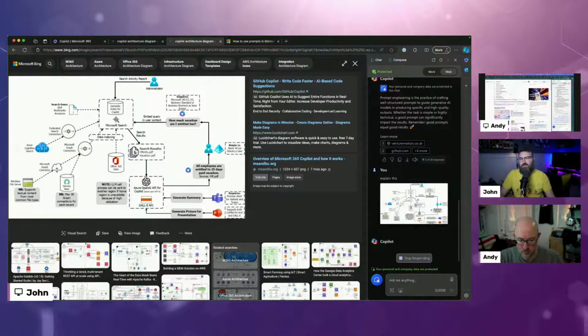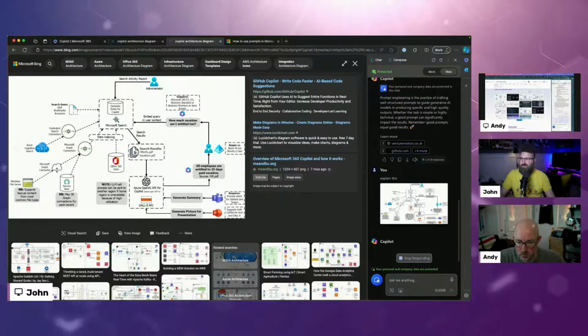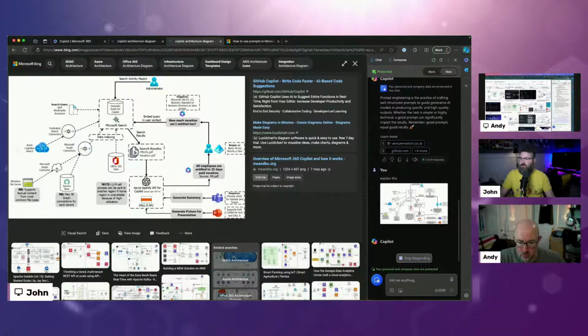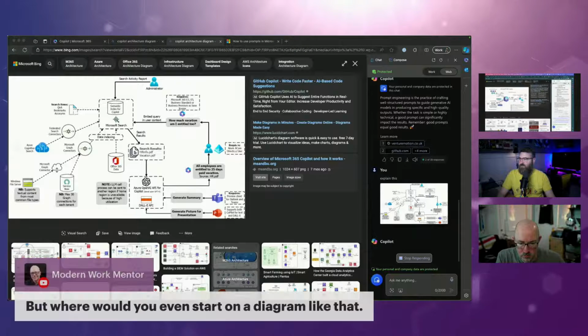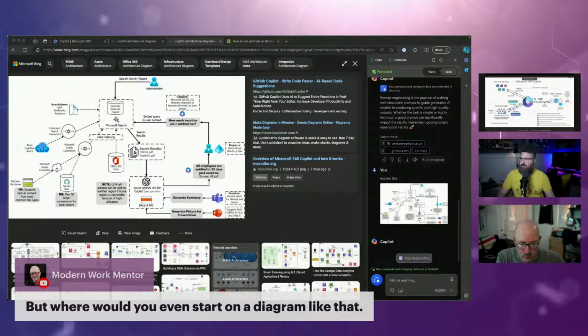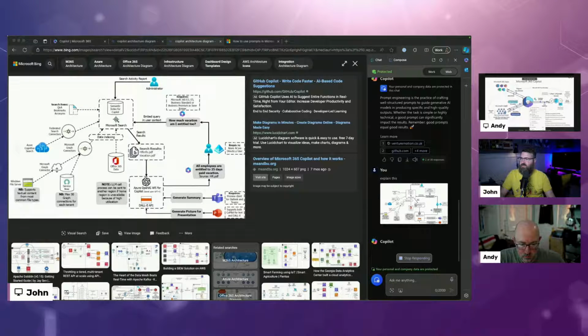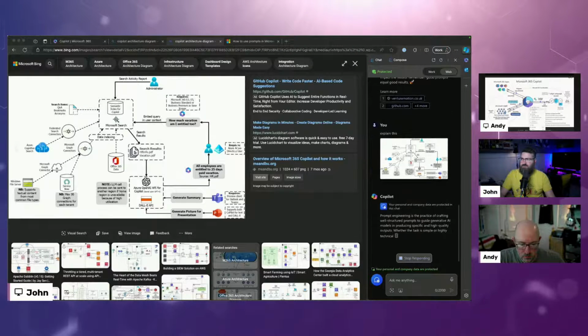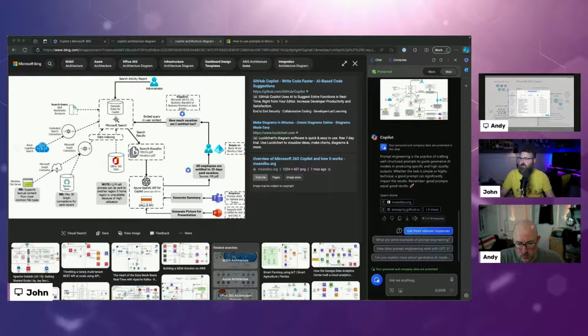Daryl, where would you even start with a diagram like that? So Praxidus was asking, can you create a diagram in PowerPoint? Unfortunately, you can't. This is something, Daryl, that I've done with ChatGPT Plus though. I think it's diagrams.io, and it will allow you to create diagrams in ChatGPT. I haven't found a Microsoft equivalent yet, but